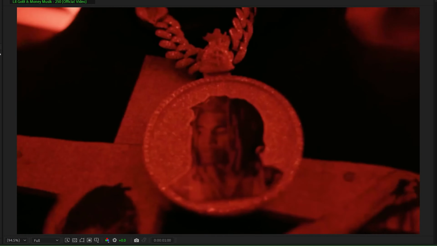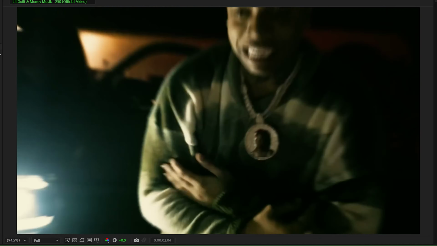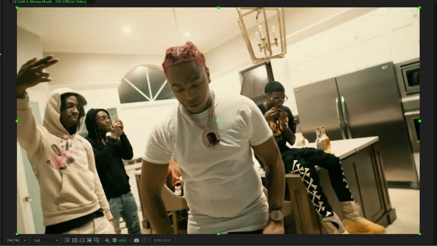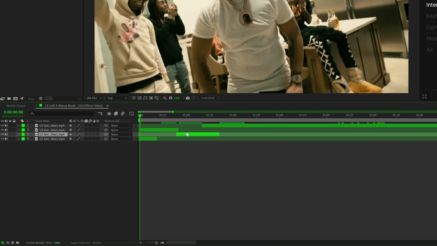So here in After Effects, I selected the 3 clips that I wanted the transition to take place on. They all kind of had something in the center that was kind of circular. We have the chain, the 8 ball, and then I guess the chain again is what we're going to zoom through. Then I brought all the clips to the beginning of the timeline and layered them in the order I wanted them to be in.